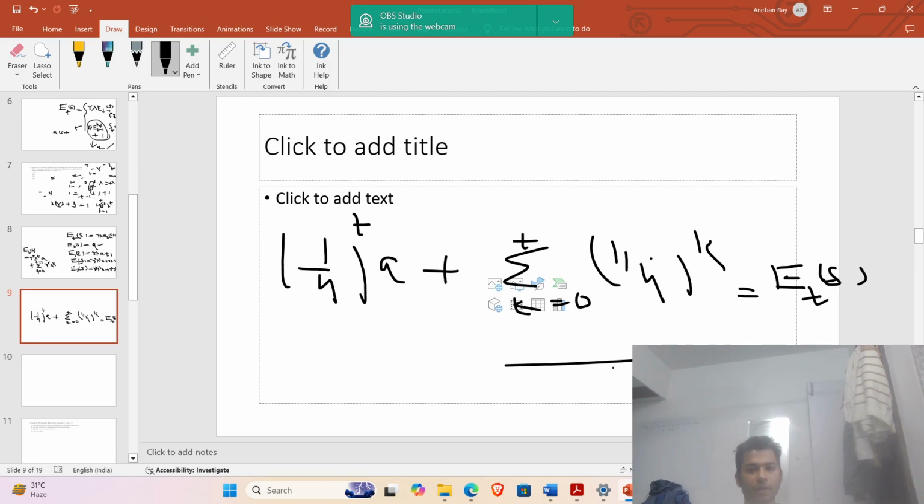So this one we can write as 3 by 4, into 1 minus, how many terms are there? t plus 1, right? 1 by 4 to the power t plus 1, plus